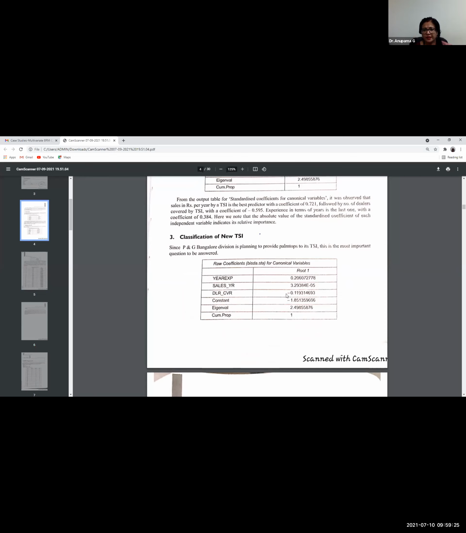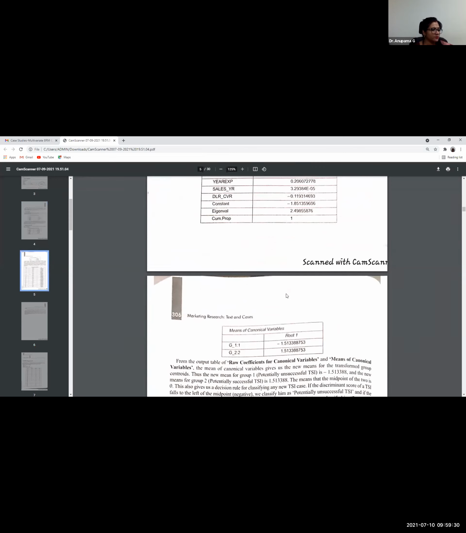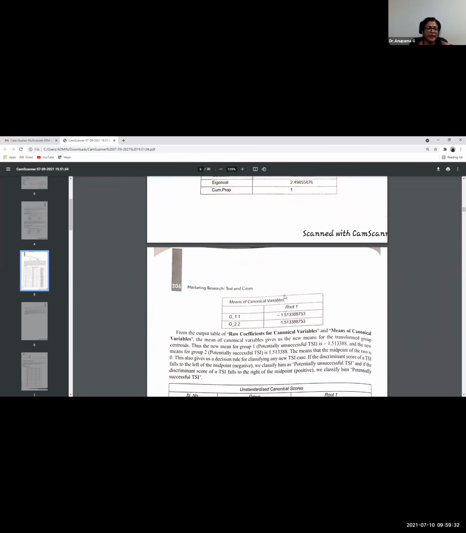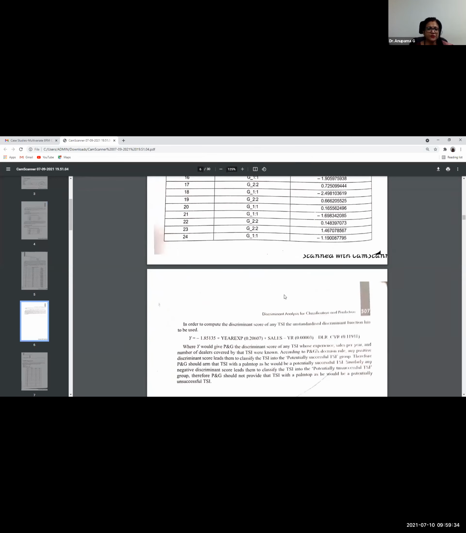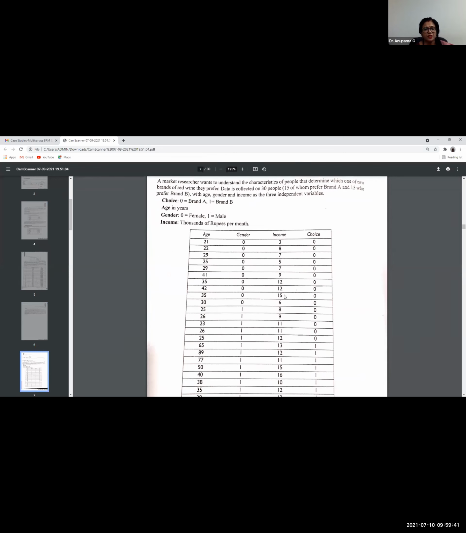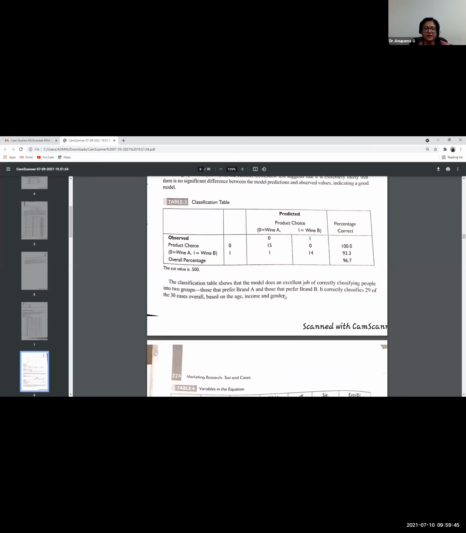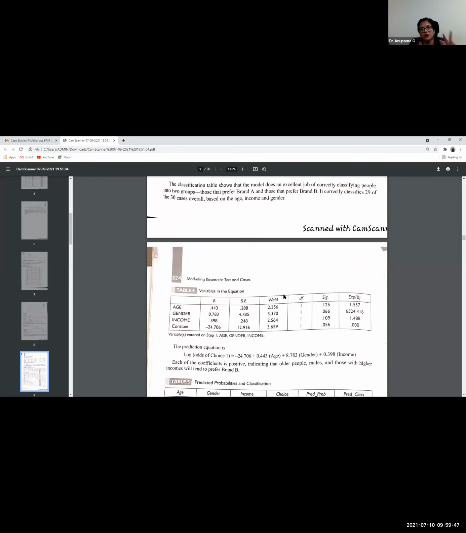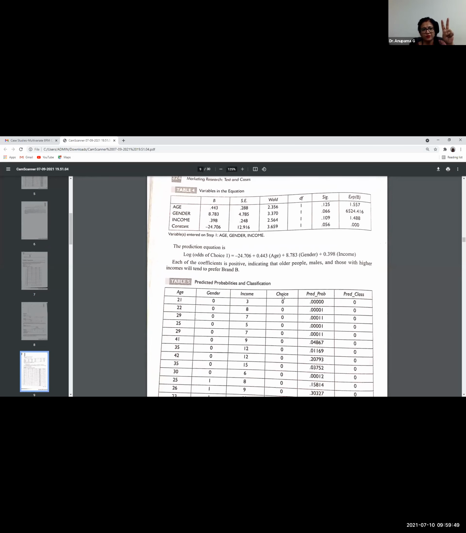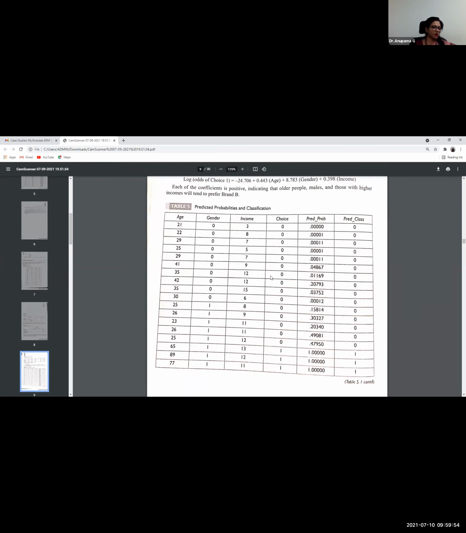If there's any doubt on discriminant function, do come back on Monday, and please go through the logistic regression. Now that you understand discriminant function, it will be a little easier to understand logistic regression. Do not go into the complexities of the calculation here. Understand that it is used, again, for categorizing only 2 categories of objects or people. We will continue on Monday with logistic, factor, and cluster.